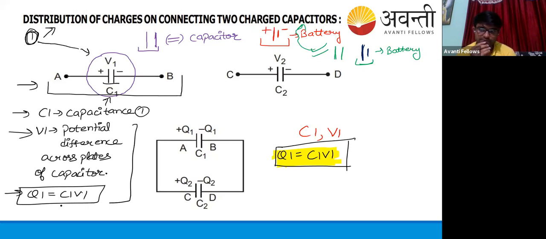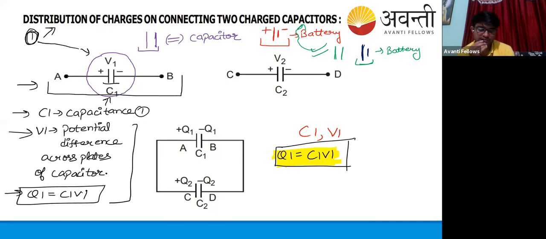Similarly, we will make one for the second. Yuvesh is asking, or saying, there must be a required charge source in the circuit. It's not like that. See, brother, what happens is that the capacitor is first charged through some source, provided the potential difference across its plates, and then it is placed in this configuration. I hope it's clear.